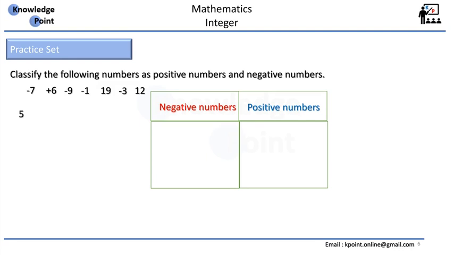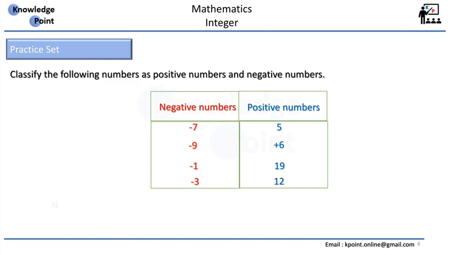The first number goes to the positive number column because it's positive. Second is a negative number because it's -7. This is +6, positive number, -9 negative number, -1 negative number, 19 positive number, -3 negative number, and 12